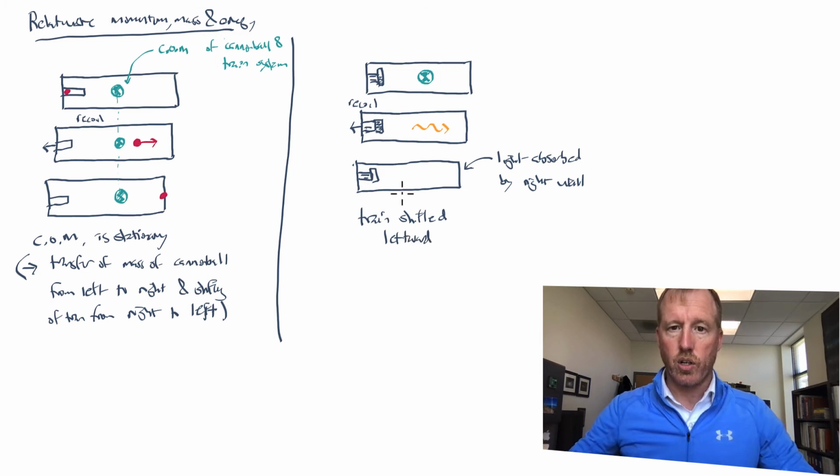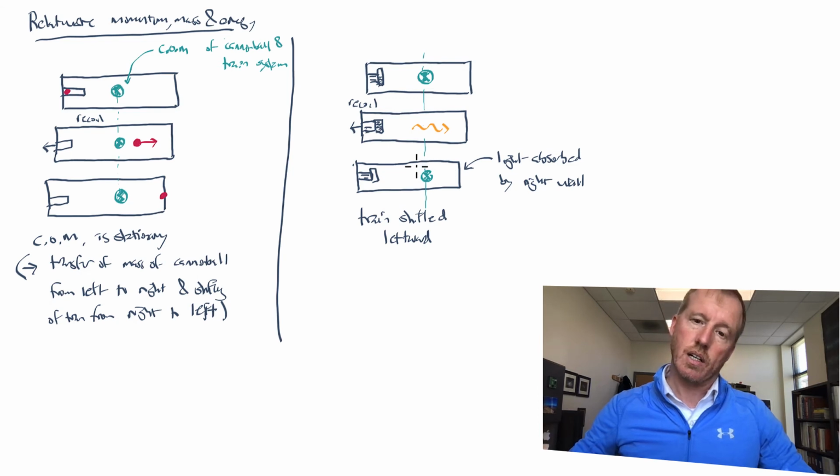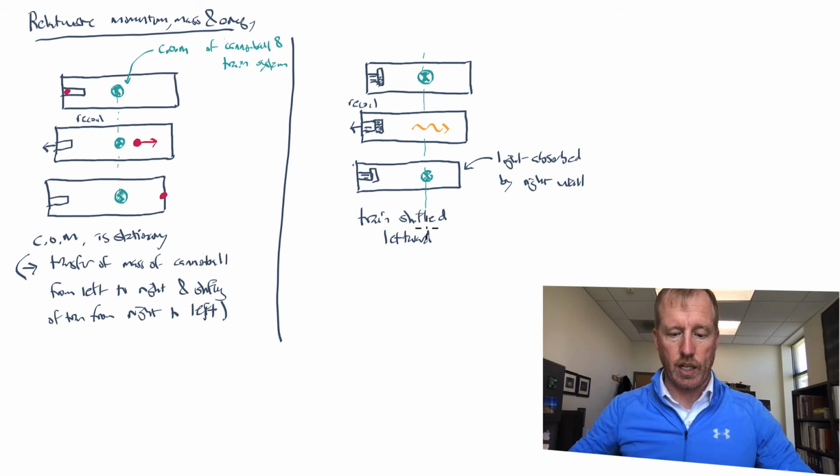Now, notice that there are no external forces acting on this system. So once again, we must surmise that the center of gravity has remained unchanged. That is, it's at the center of this train. It's in the same location. But if the train is shifted to the left, how can we account for the fact that the center of gravity or the center of mass is at the exact same location? Because after all, the mass of the train hasn't changed, but the train itself has moved leftward. So how can we understand this?